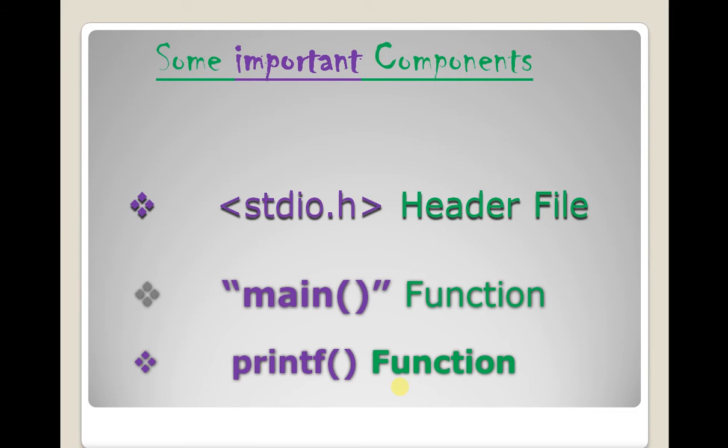At the top of our program, we have used a header file named stdio.h, short form for standard input output, and .h because it is a header file. Then we have used the main function. Main function is a system defined function, and every program that we write will have this main function. Whatever we have to write, we must write inside the main function.